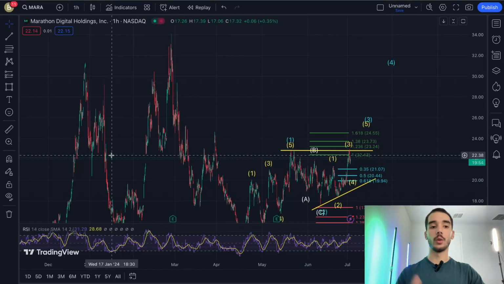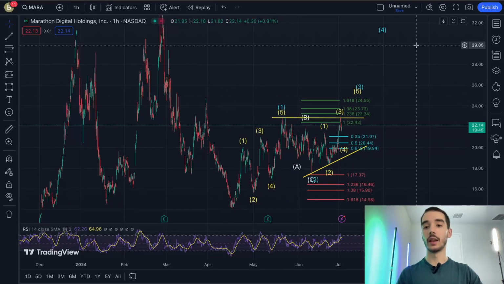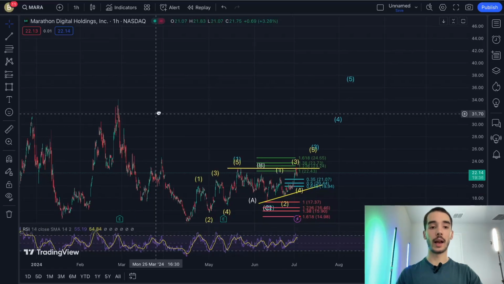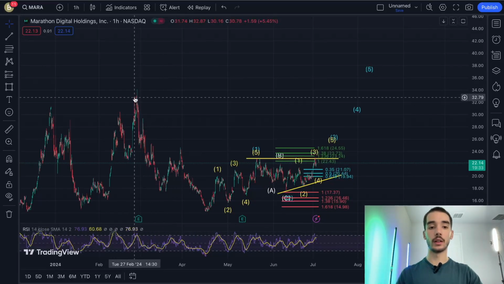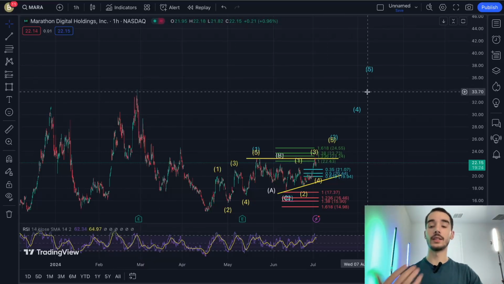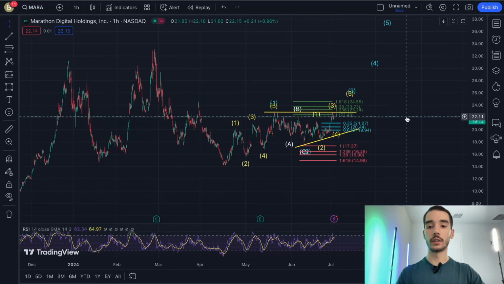I am not going to worry about a wave structure that started over a year ago and ended earlier this year. Then we had a different, corrective wave structure, and now we're at the beginning of the next leg up on the current wave structure that will, in my opinion, definitely surpass the true 2024 all-time high of just over $34, right around here. I definitely see this passing that. I definitely see this stock going up to $40, maybe not by the end of this year, but definitely well over $40 sometime in 2025 as we continue the next wave count.